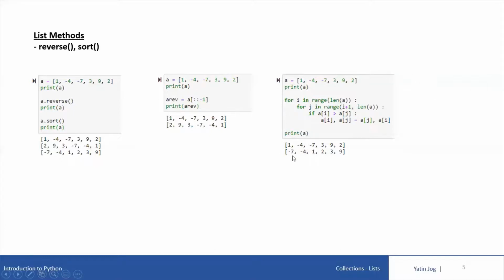Now look at this third example. We can also sort the values of a list variable without using sort method. So I'm using two for loops. This is a well-known method of sorting a collection of values in case of arrays. You can use the same concept, same logic in any language, C, C++, Java. For I in range, I'll give the length of A, and for Z, I'll start with the next location of I, and then I'll compare.